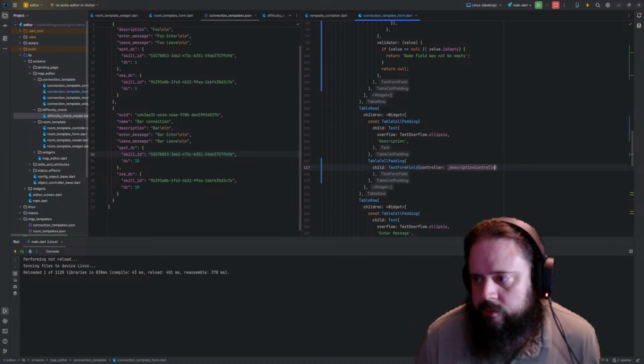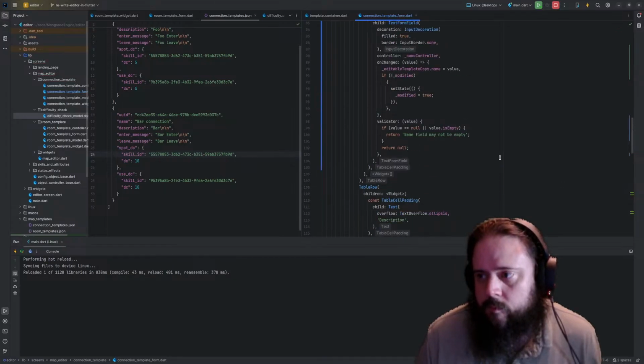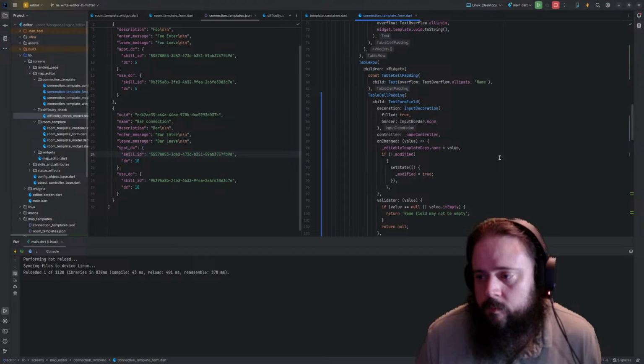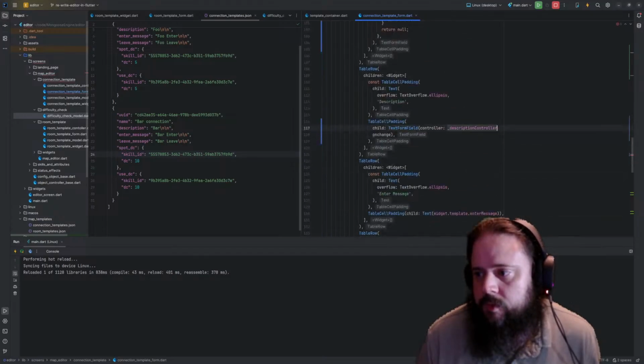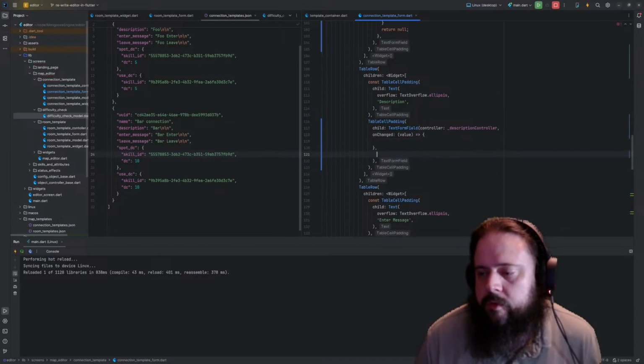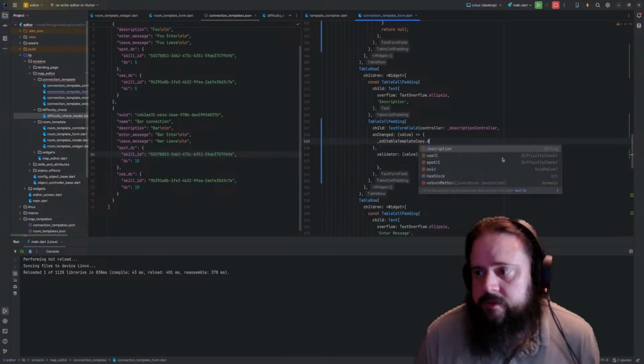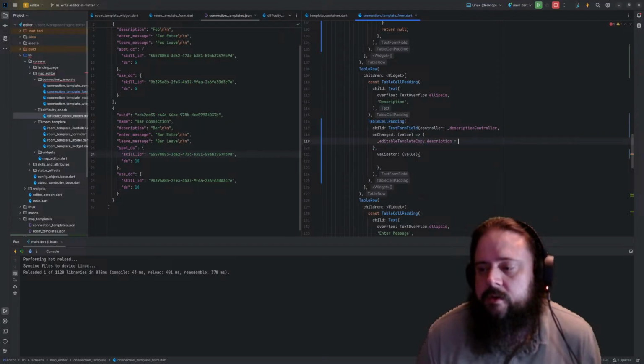We need to do the on changed value, validator while we're here. Value on change, we're going to say editable template copy dot description equals value,